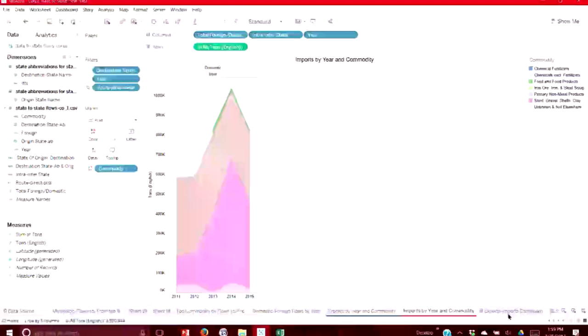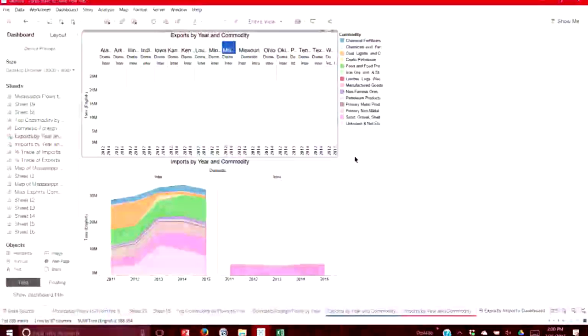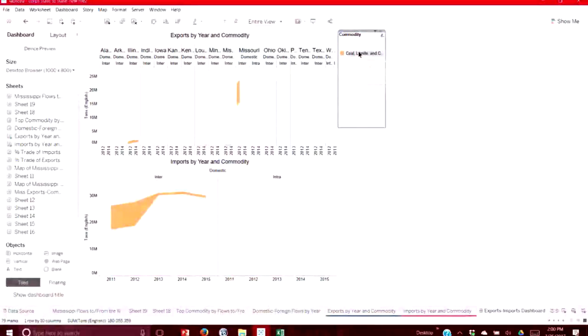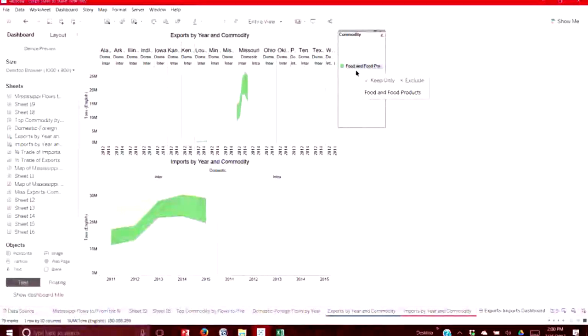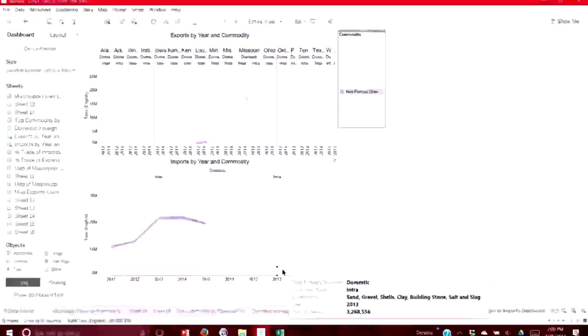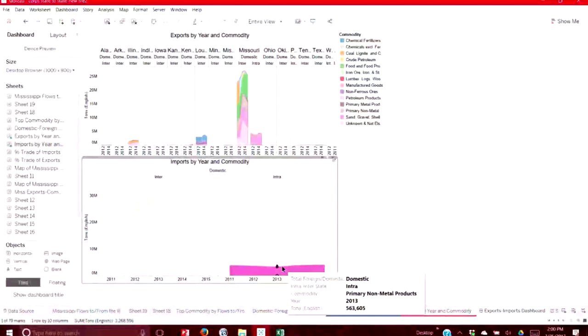So, you can look at imports. And again, destination state, I'm going to remove that filter. And then we get to a dashboard. So here we have a dashboard of Missouri trade, and we can look at coal, and we can look at how it's declined over time. We can look at how food has kind of increased of late by just simply clicking on the filters. And it's interesting that apparently sand and gravel is the only thing that really is moving on the Missouri River, Cheryl.